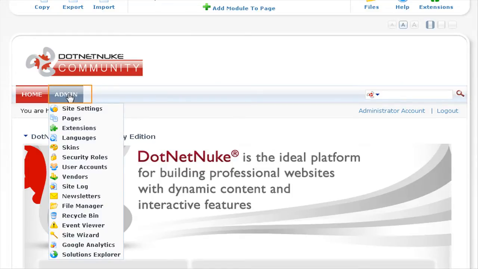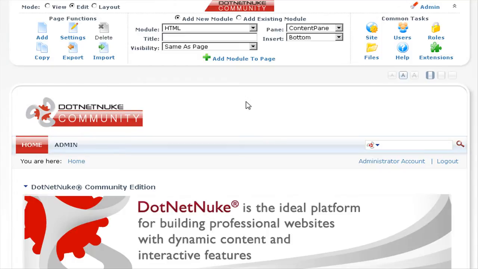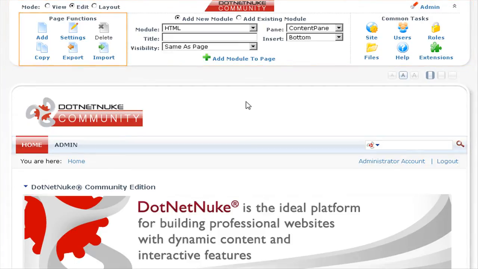The first thing you'll notice is in the menu, and you can see that we now have available the admin menu and various options for configuring our DotNetNuke portal. If we then go to the top, you will see the admin control panel. And on the left side, you can see various page functions. And here we have options to add a page, view the settings of a page, delete a page, copy, export